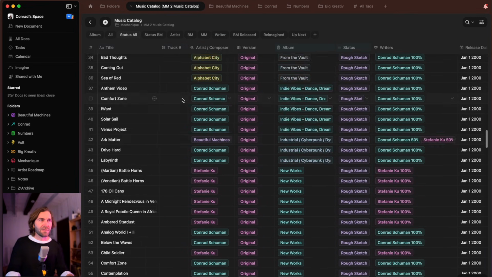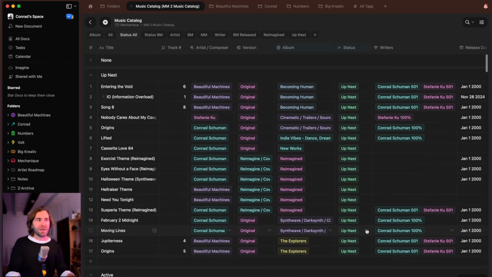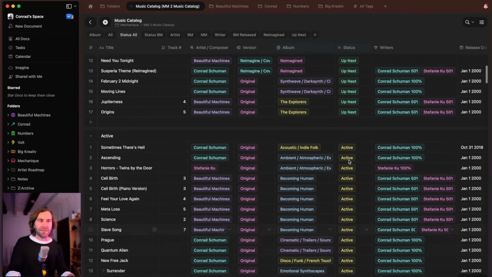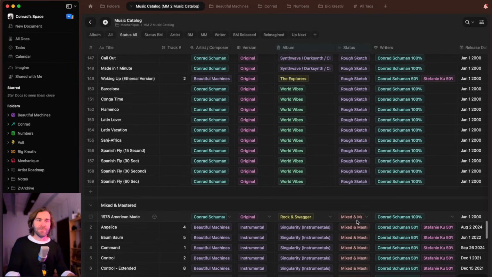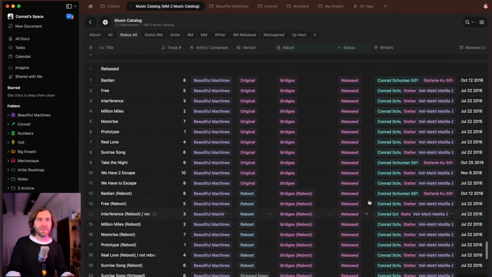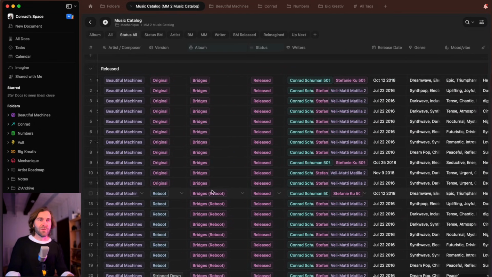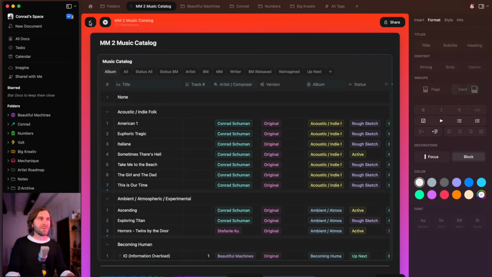So another way I use this is I can go to the statuses tab here. And if I go to the statuses, this will show me the different things I want to work on. So at the top here, you'll see this is what's up next. These are the different tracks that I'm working on. These are ones that are active. They're already out there. And then if we scroll down, there's just some other ones which are in the rough sketch phase. Keep scrolling way down. Yeah, it's a lot. I know. It's crazy, actually. Then we have ones that are already mixed and mastered. And then we have furthermore ones that have already been released. And with those, they're going to have all the metadata which is associated with that. Cool. So that's just the music catalog side of things.